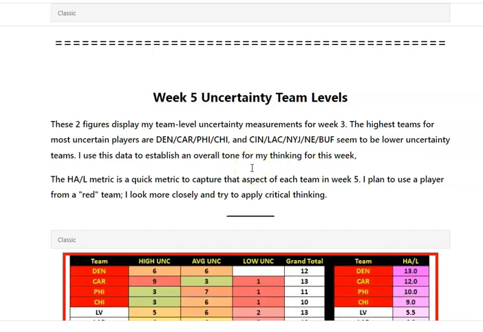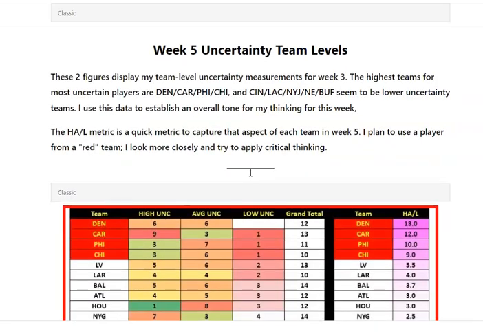Okay, the H A slash L metric captures at least an aspect of that. And this week, Denver, Carolina, Philadelphia, and Chicago figured to be highly uncertain as teams, whereas Cincinnati, the Chargers, Jets, New England, Buffalo seem to be lower in uncertainty. So you can frame the power rankings and the uncertainty here.